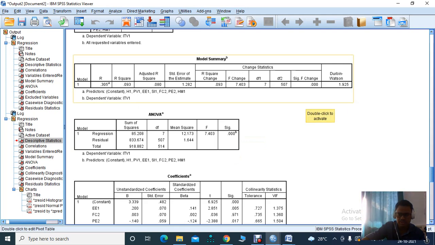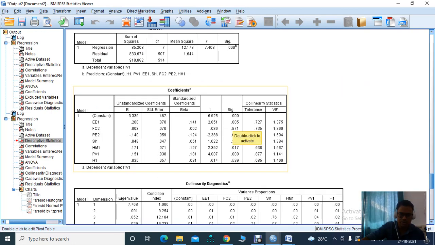Here we can see the Durbin-Watson value. So Durbin-Watson value should not exceed 2, a numerical value of 2, in order to be acceptable for multicollinearity. That is, if Durbin-Watson value is higher than 2, then we can say that there is a high correlation between the independent variables. So these are the coefficient values where we can see the standardized and unstandardized beta values, or in other words, this will check the significance of each independent variable and how they are impacting the dependent variable.